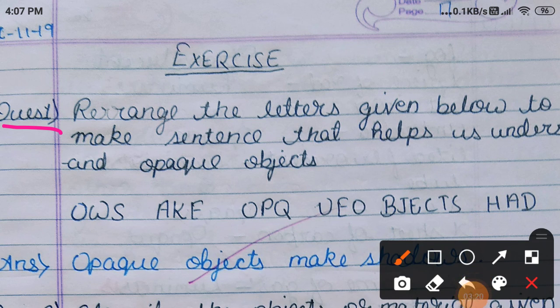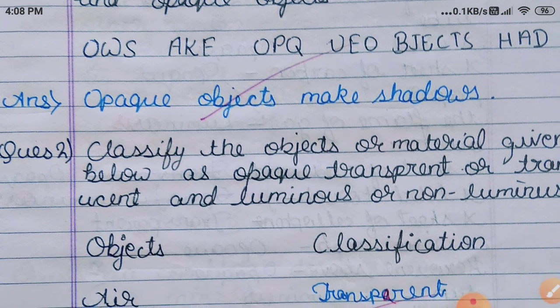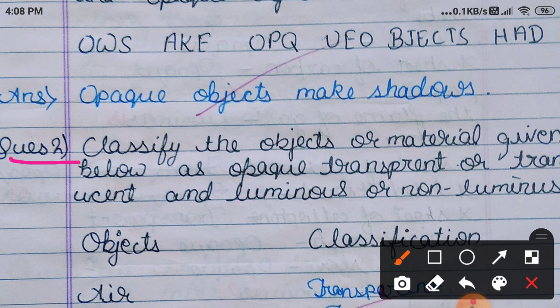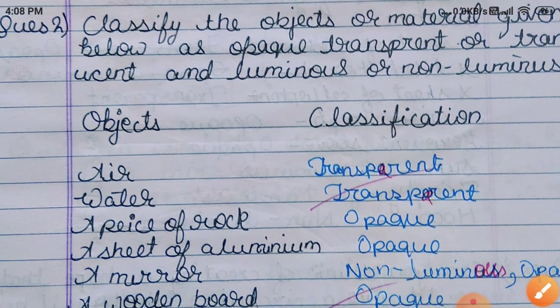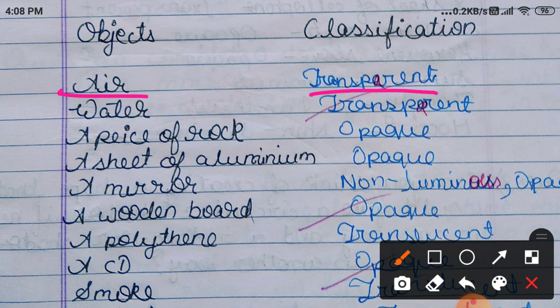Exercise. Question number 1. Rearrange the words given below to make a sentence that helps us to understand opaque objects. Answer: opaque objects make shadows. Question number 2. Classify the objects or materials given below as opaque, transparent or translucent, and luminous or non-luminous. Air, transparent; water, transparent; a piece of rock, opaque; a sheet of aluminium, opaque; a mirror, non-luminous, opaque;